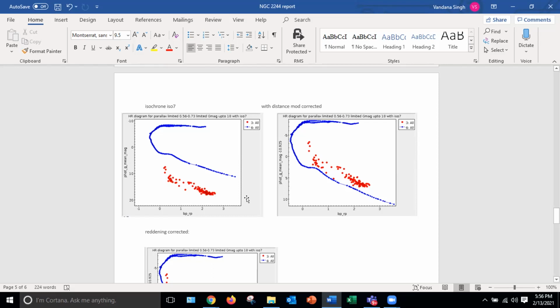So there's no hard and fast rule as to how you do this. Different authors take it differently, because there's another issue which we've not spoken about, which is binaries in the cluster. In certain clusters, you actually see a sequence of the binaries, which is a parallel line on top, because the star gets resolved as a single star, but it's brighter. So you will see a line of stars parallel to the lower main sequence, another parallel line, which is the binary sequence. So we do have such things. You do need to take a certain thickness for sure, because everything is not going to sit on a single line. So one thing is binaries and things like that. Another issue is variables, right?